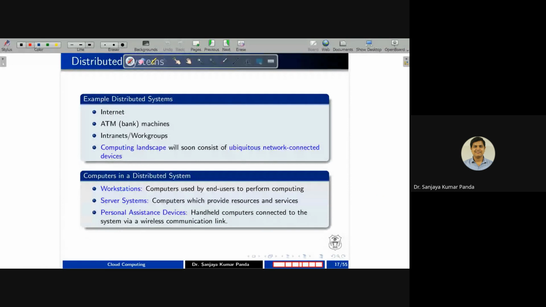Some real life examples of distributed systems: the internet. On the internet, the servers are not located in a single place. Rather, these servers are distributed over the whole world, though most of them reside in the United States. If we put everything into the same server, a single point of failure can come into the picture. So we can put a server in Singapore, a server in Japan, another server in our country. If we distribute them, then if a particular server is not responding, the request can be redirected to another server. That's why the internet is a true distributed system.